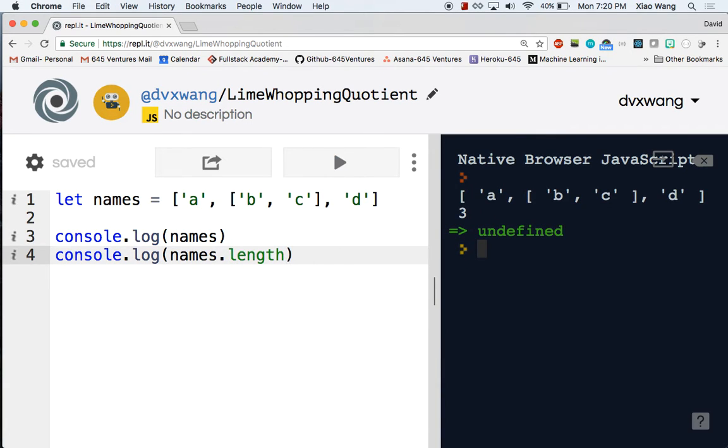Yep. So right now, my array has length 3, right? It has 3 things. It has a string for the first thing, an array for the second thing, and then a string for the third thing, right? Just 3 things. And then I guess, okay, so I think Leo's question was, hey, if I do something like,